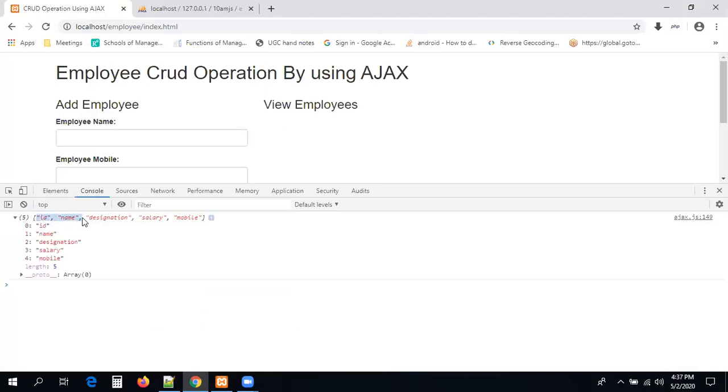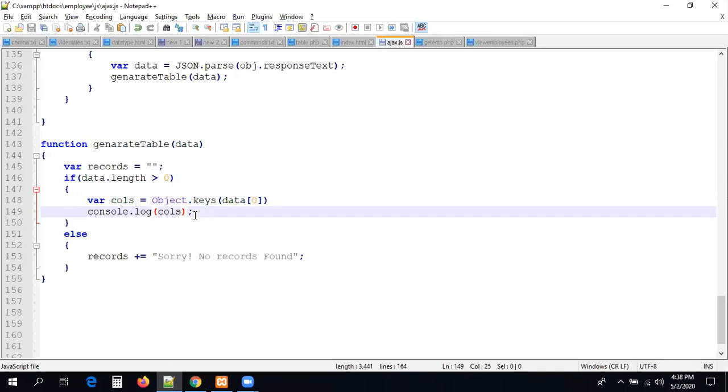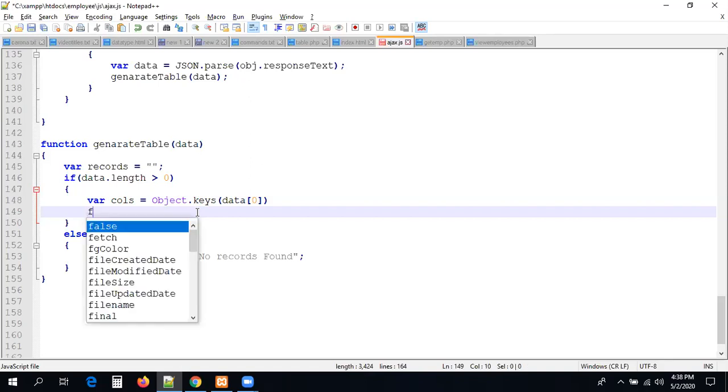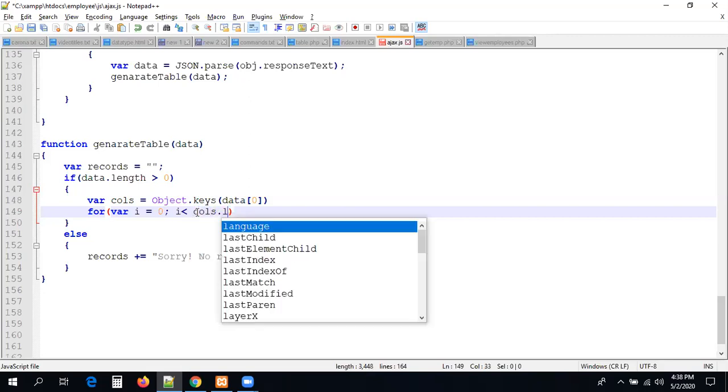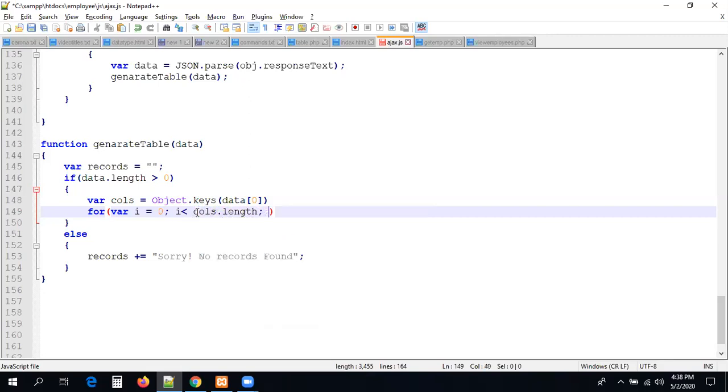I'm getting only the keys, right? I have to display these as the table headings, guys. So let us write a for loop where i equals 0, i less than cols.length, and i plus plus.